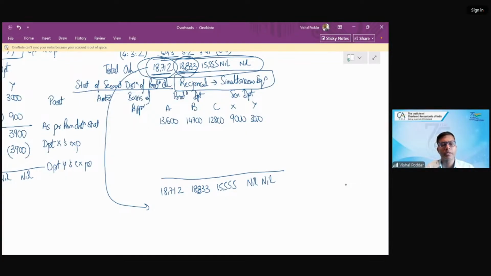What is the same in this case? The same is that you have the same reciprocal scenario. The only thing is that we are solving it by an alternative method. This alternative method is the only difference. Baki everything is the same, that is, both are giving service to one another. Now since both are giving service to one another, you should get the same answer. But how? That is where slight mathematics will come into play. What is this mathematics? Let us understand.